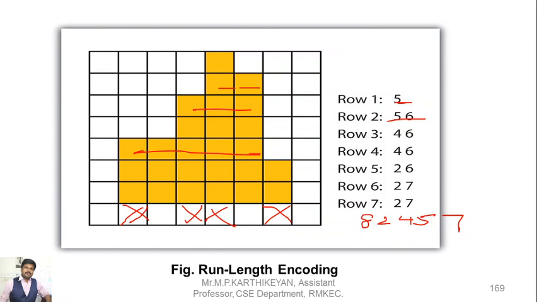Okay, and the fifth one, row number 5, from second cell to sixth cell it is shaded. So for row number 5 the answer is 2 comma 6. Okay, and similarly for row 6 and 7, only the first and last columns are left empty. So from second cell till seventh cell it is shaded. Okay, so now the last line, row number 8. Okay, so this I have noted initially.